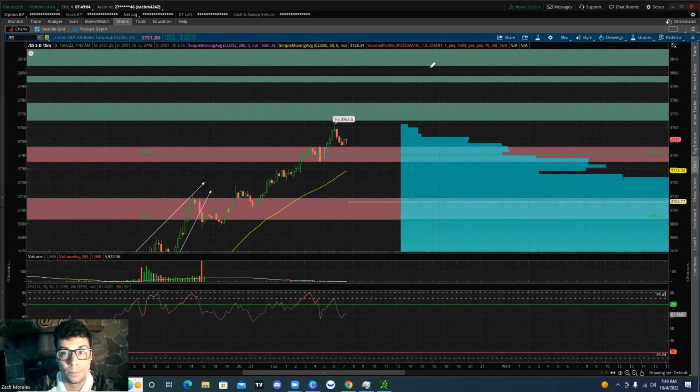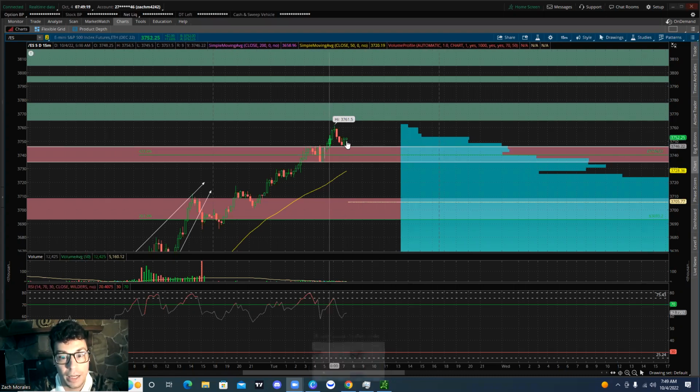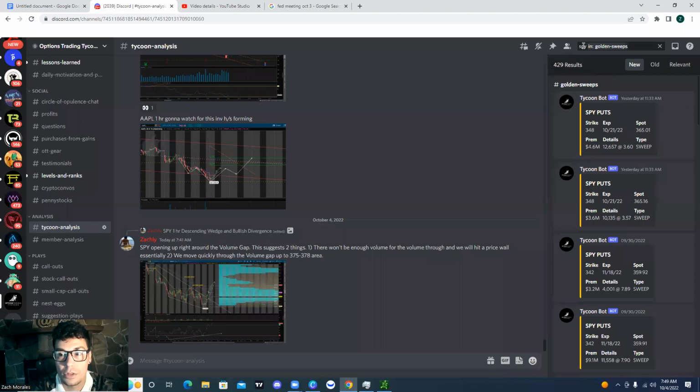Now, one thing that I really want to highlight that's been my strategy since last week is that I was waiting for a nice pop so I could get some more bearish positions, so I could short the market a little bit more. So slowly I'm going to be adding short positions. The reason being, if we go into the Options Trading Tycoons Discord and we search the SPY and golden sweeps,